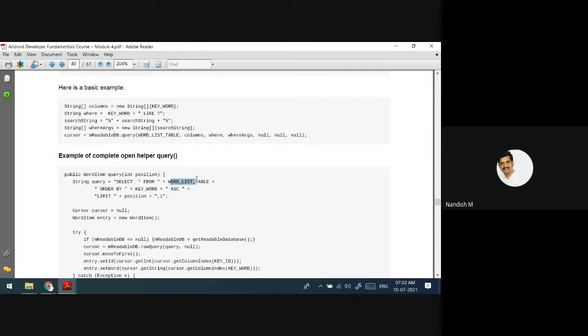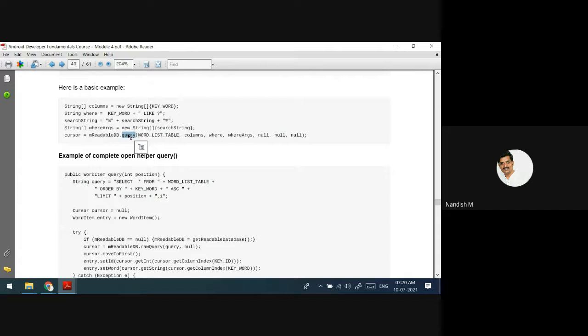Table name, that is the first one. Then columns, meaning all the columns I want. Next, I don't have any conditions. Order by keyword. See, everything is an argument, a parameter. This is two ways you can send the query.